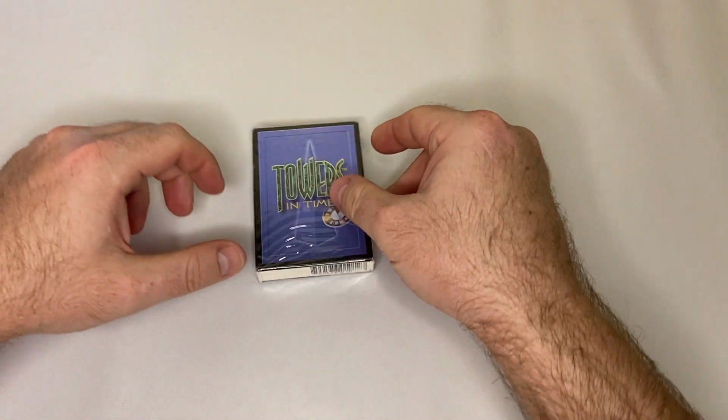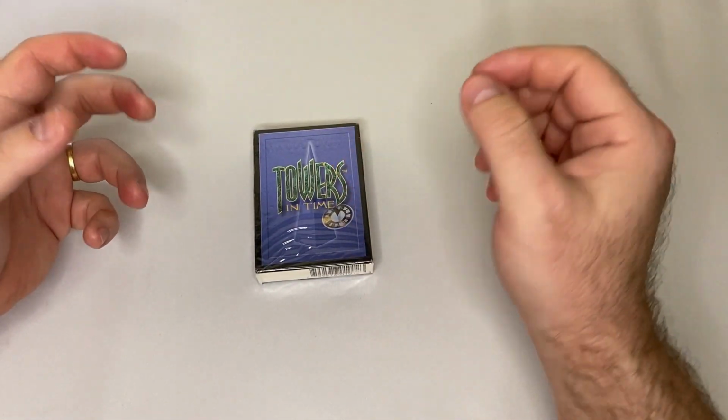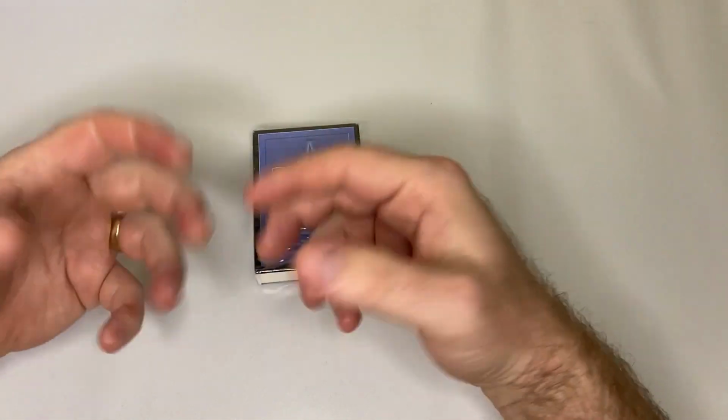Hey everybody, welcome back to another episode of Discard Dead, where we like to open boosters and boxes of dead and long forgotten trading card games. And today we'll be opening a deck of Towers in Time, a collectible card game released by Thunder Castle Games in 1995. So it's been a while since my first booster medley video, where I opened a bunch of packs,